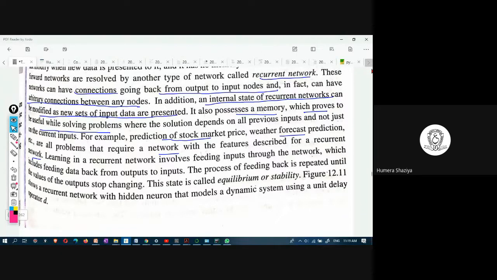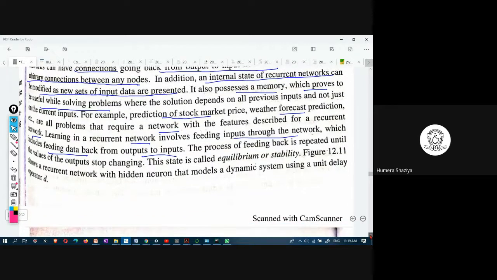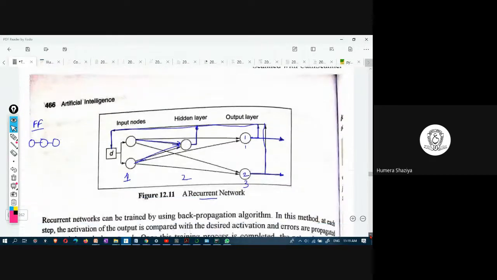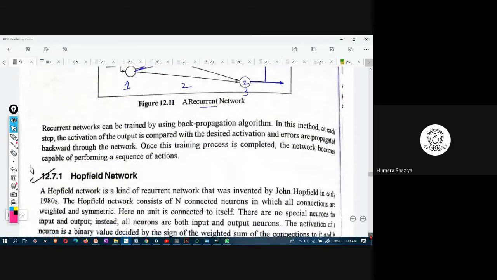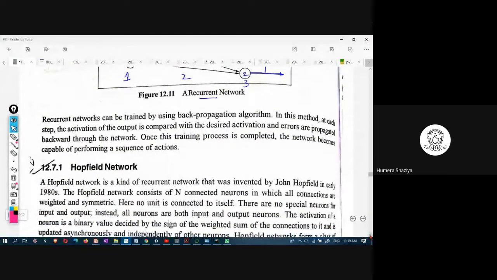And learning in the recurrent network involves feeding input through the network, which includes feeding data back from output to input. These are the important points related to a recurrent network. And how is a recurrent network trained? Trained means